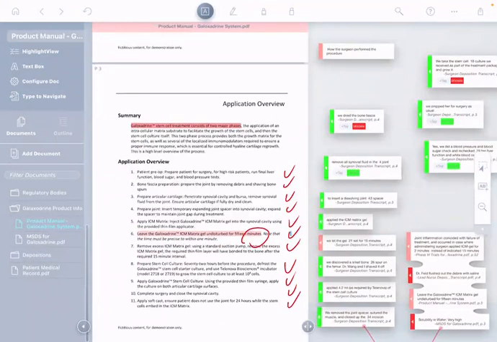Well, the good news is we've had that for a while. So if you import a document from, let's say, Dropbox, when you close your LiquidText project, it will ask you, would you like us to send these document annotations back to your original source document in Dropbox? And if you say yes, it will do exactly that.